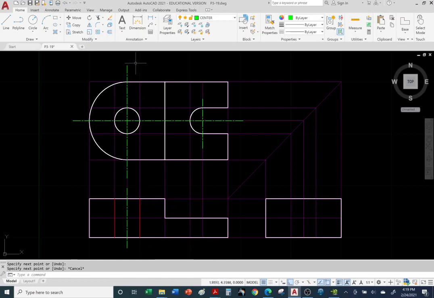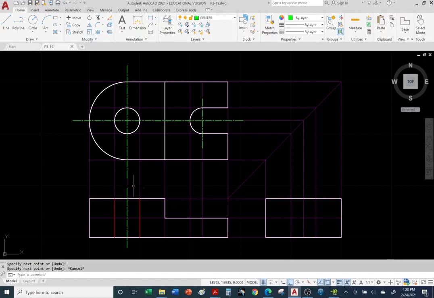Okay, so you do not want to use one long green center line going from one view to another. It has to be two separate center lines. Okay, so that's one of the rules about creating your orthographic views. You cannot extend a green center line from one view to another just to go fast, right? Or to use less steps. Okay, so I'm not going to complete the 3 views,